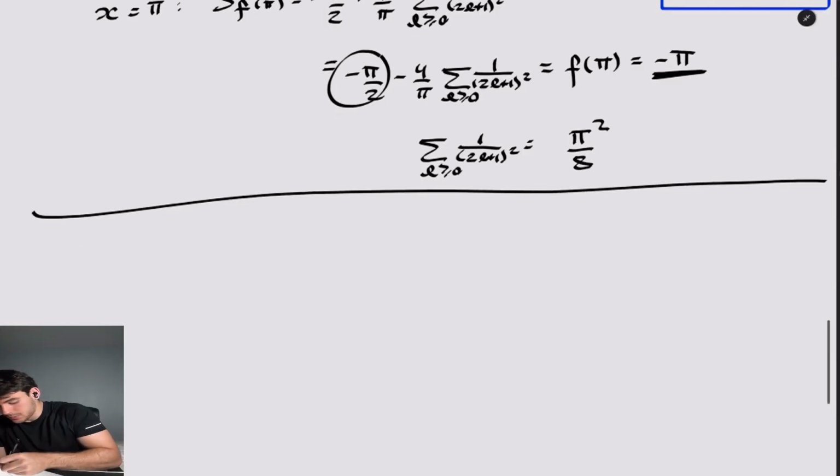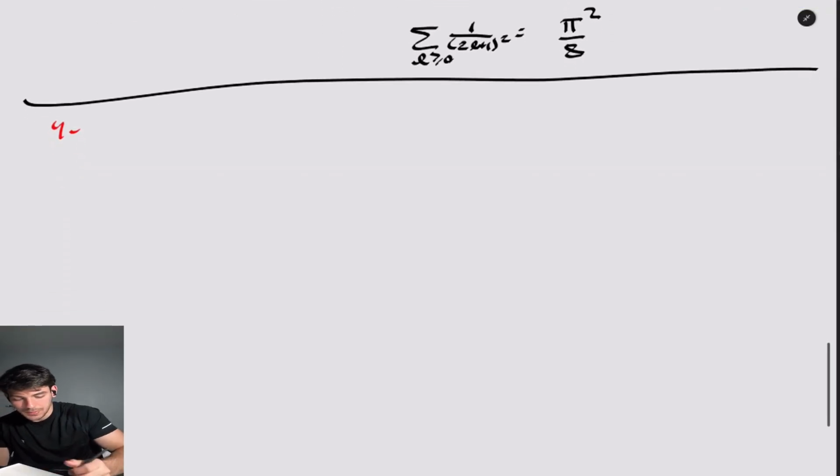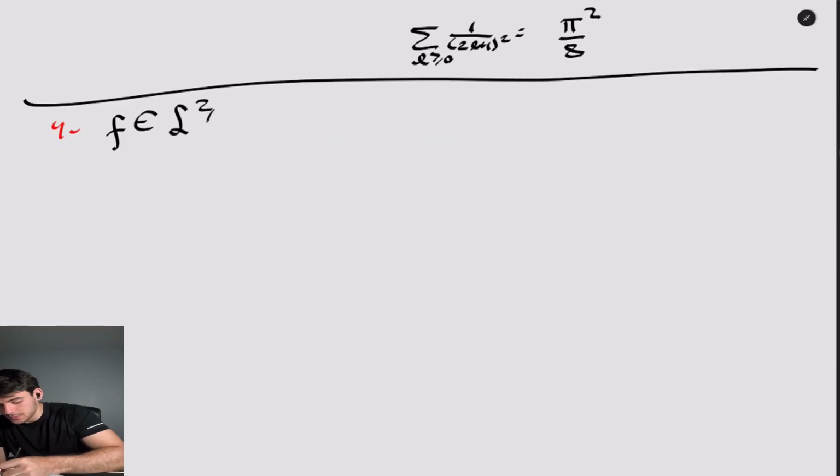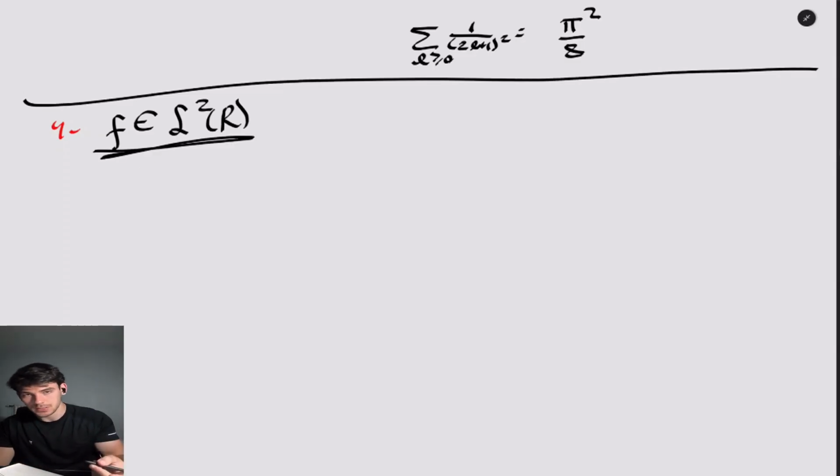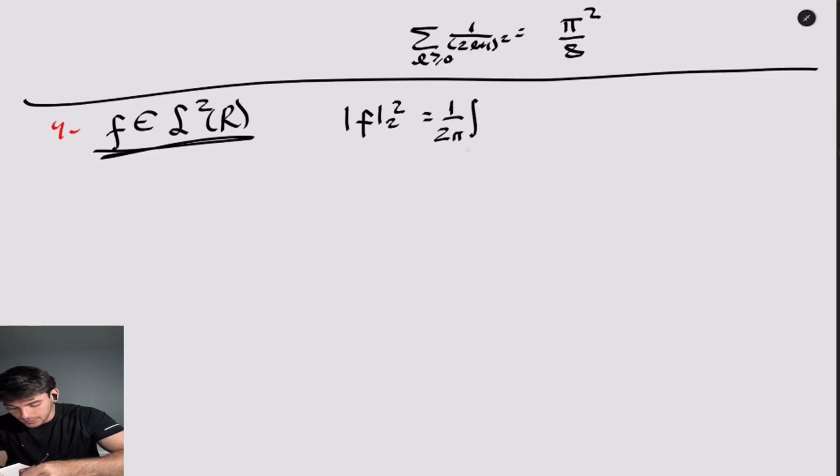So for question 4, let's use Parseval. In order to use Parseval, you need to justify all the 3 topics that I've already set to the Euclid. So 2 pi periodic, C1, continue, and you need to add that your function is inside the space of L2 of the real numbers. Okay, you need to state that. Now you can use Parseval. So the first thing to do is to calculate the 2 norm squared of your function. That means 1 divided by 2 pi, and then you're gonna integrate from minus pi to pi your function squared,